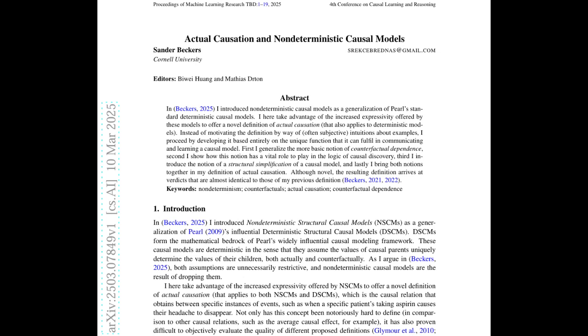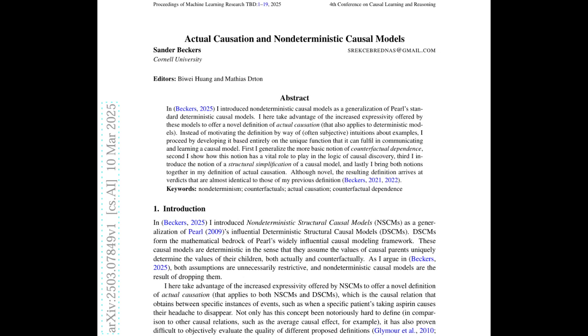Exactly. And honestly, we all do this kind of counterfactual reasoning in our everyday lives all the time. Oh, totally. Like, if I hadn't hit snooze this morning, I wouldn't be late for work. But let's be honest, I probably would have been late anyway. Right. There's always traffic or something else. These NSCMs help us model that real-life messiness where things don't always go according to plan. Do they account for all the what-ifs?